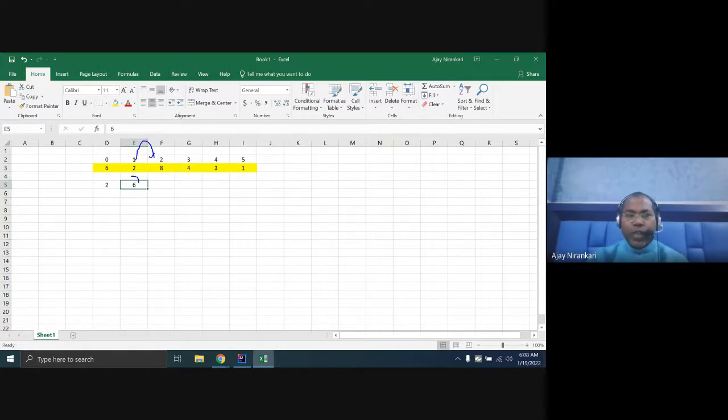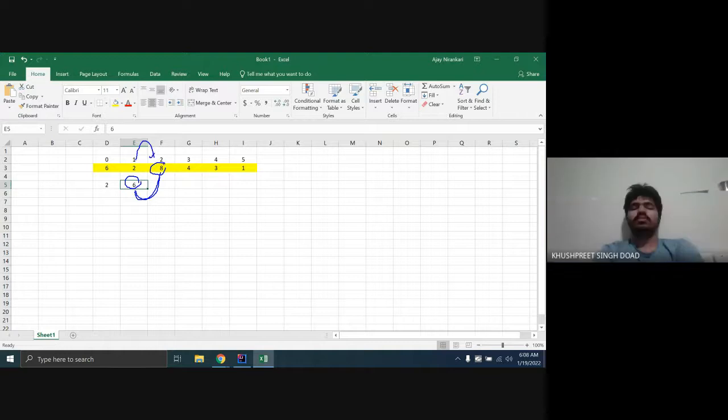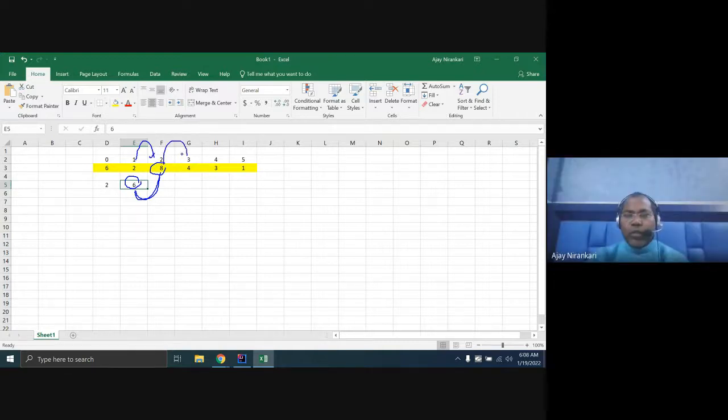Now the first position has the 6 element and this one has the 8 element. So this is less than, yes, so we do not need swapping. Again we go from the second position to the third position. Now you compare 8 to 4. Surely 8 is greater and 4 is less.